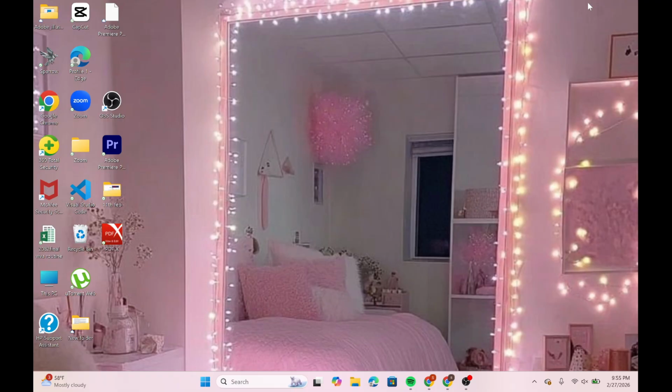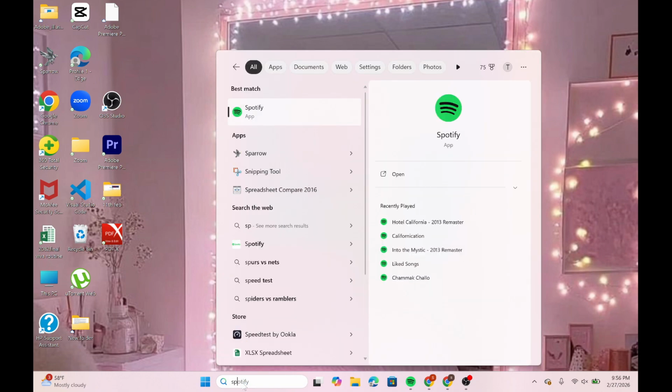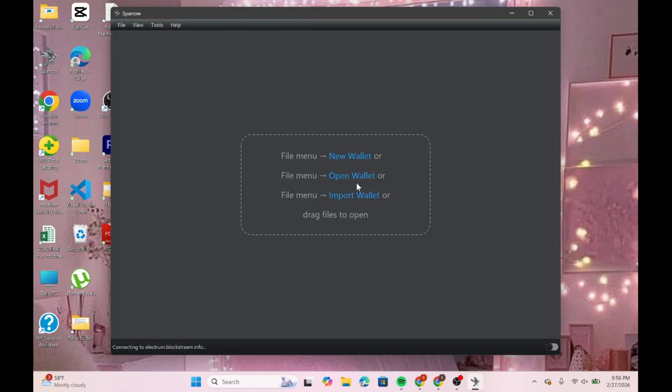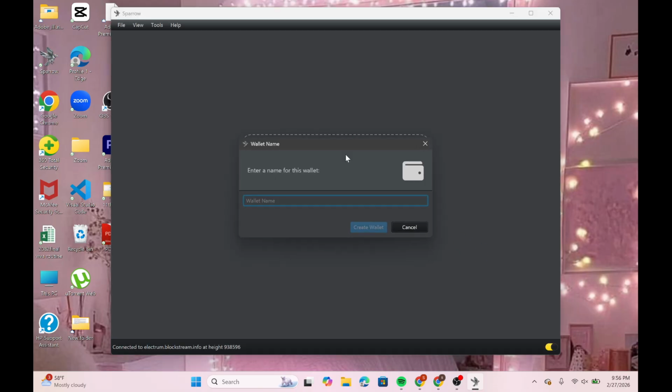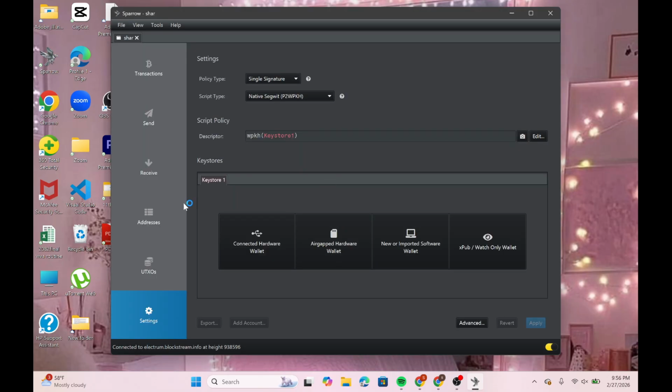In order to create a PSBT in Sparrow Wallet, first you need to launch Sparrow Wallet. In the search, type Sparrow Wallet and open it. Over here you can either create a new wallet, open a wallet, or import a wallet. I'm going to select this new wallet here and select create, and over here you need to go to